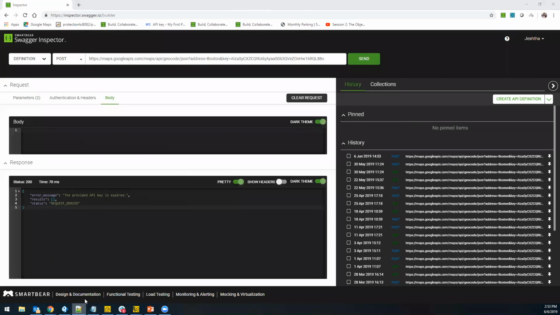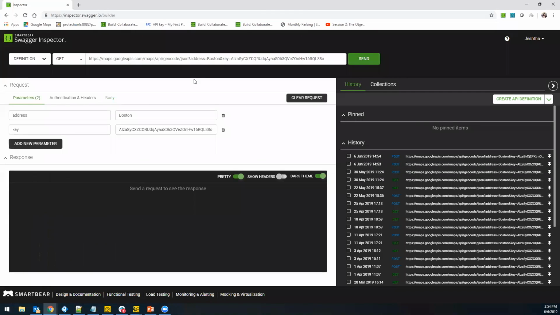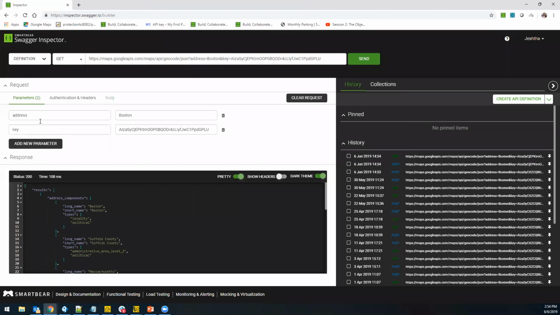Let me update my security key here. All right, so if I do a send request here for a post request, and then if there is another get request, which I'm working with, or whatever calls you have with your API, you can go ahead. So this is pretty much similar to